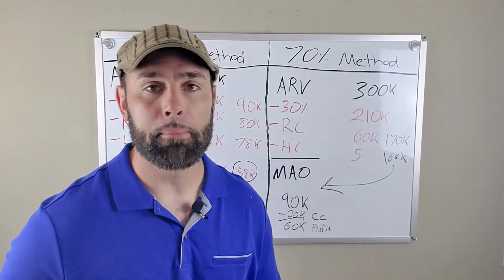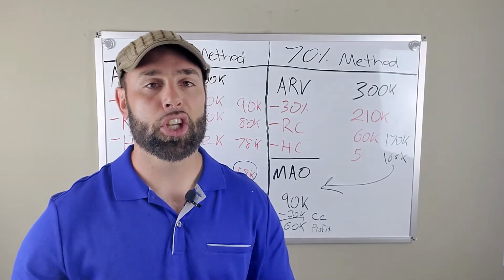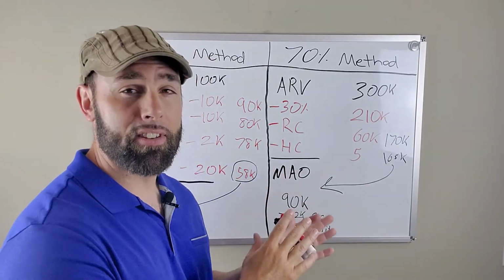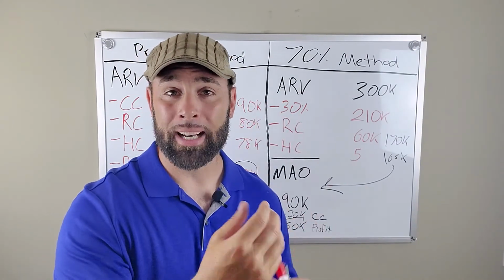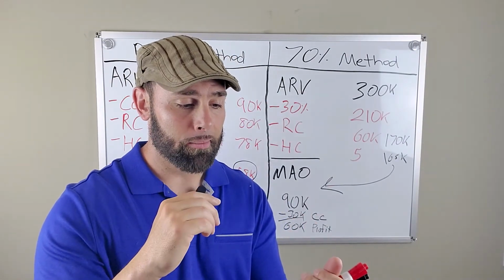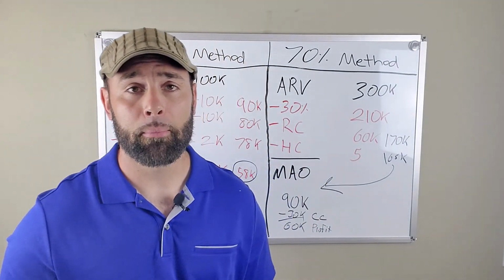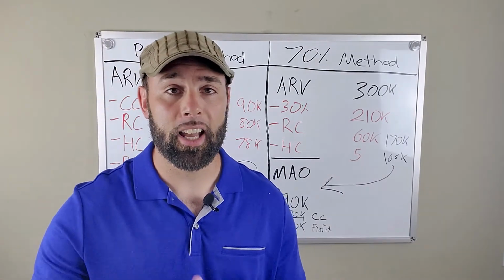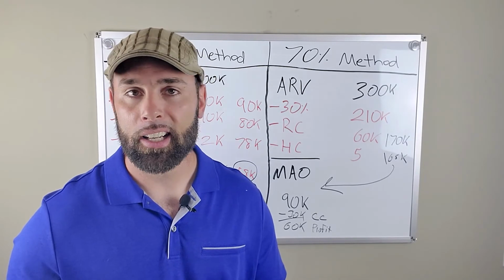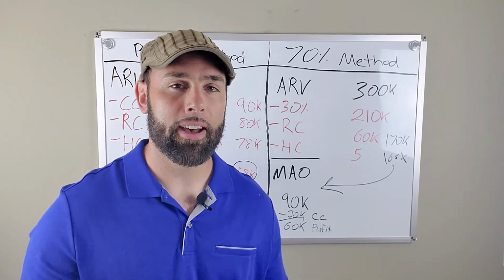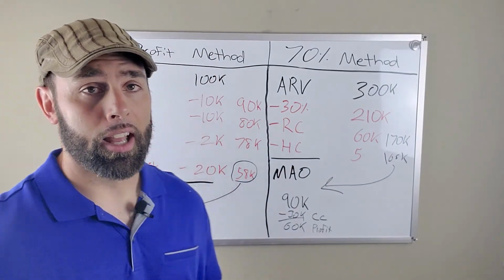There's actually, I'm sure there's many more methods on YouTube, but as the name of this channel is simplified, I try to keep everything we do so simple that I can receive an address, I can receive a few details, and I can run these numbers in my head, and I can submit an offer in 4 or 5 minutes if I have to. If a seller says, hey, I got this going on, what could you do for me? I can be like, okay, what's the address? How long have you had it? Have you made any upgrades? I can ask those little fact-finding questions to get a good baseline